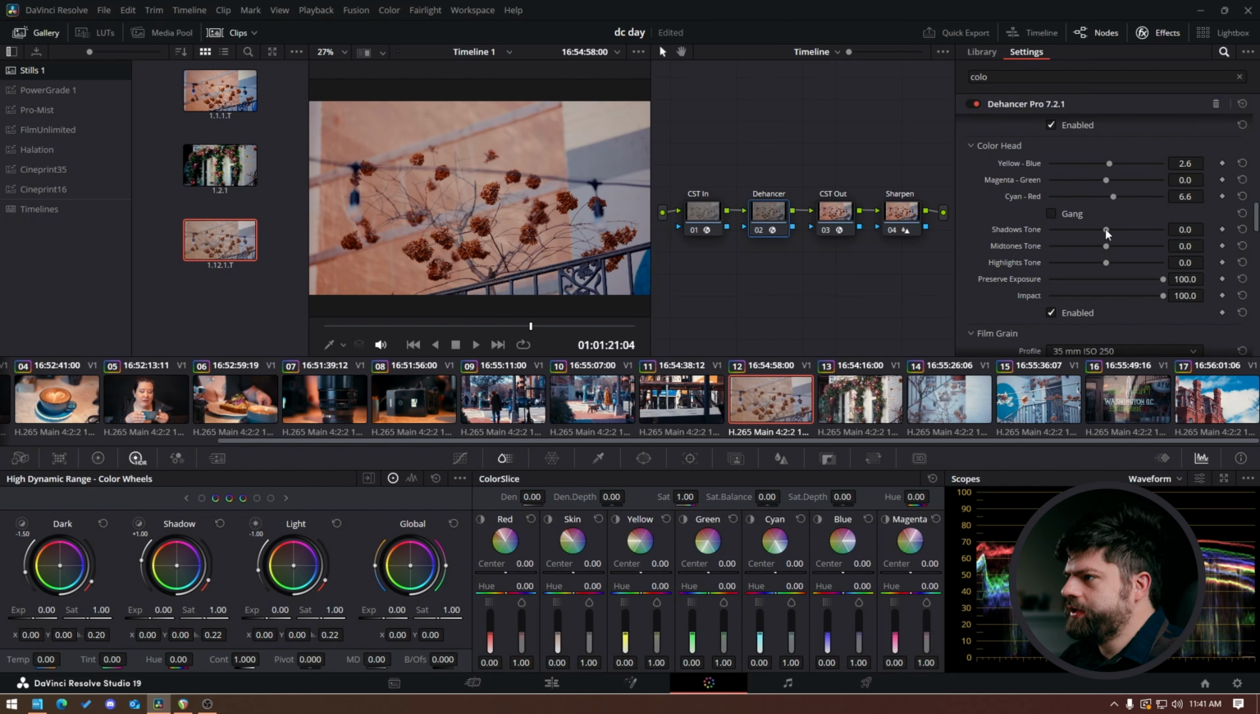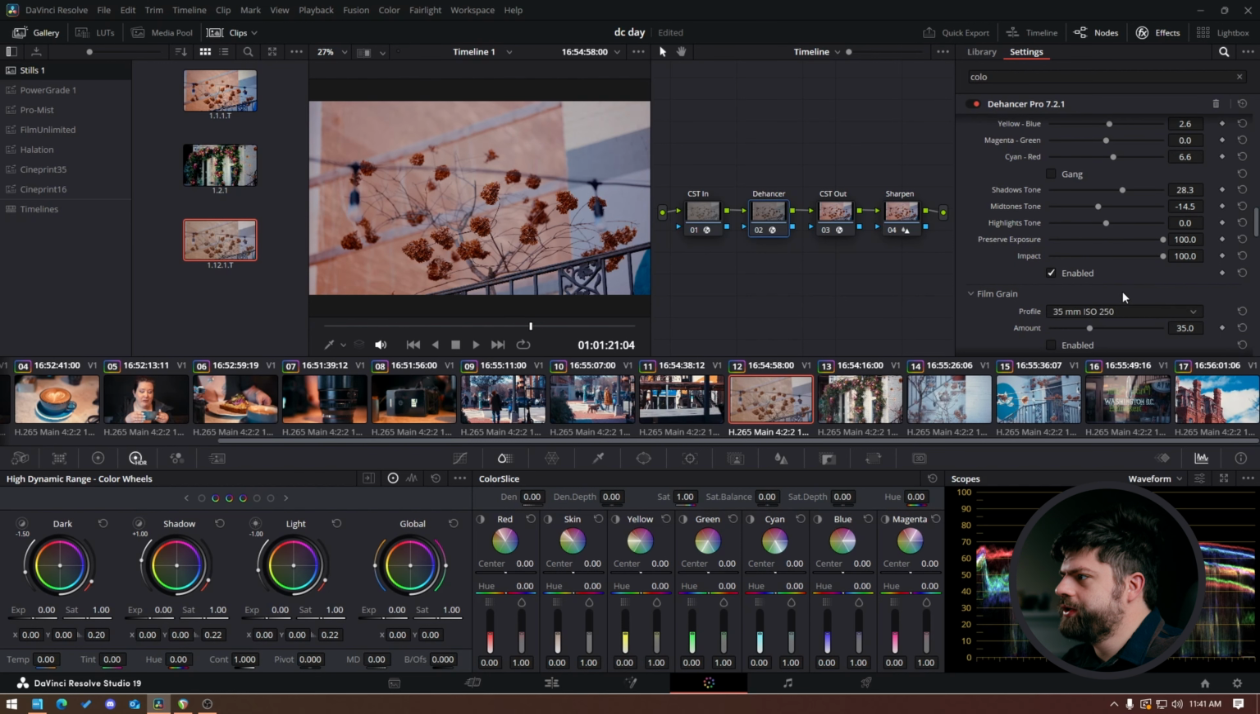And then in shadows tone, I'm going to bring the shadows. Actually, I think I'm going to bring the shadows. I like to do almost a reverse teal and orange look with this a lot of the time. So I will actually bring my shadows up into more warmer tones. And then with the mid-tones, I will actually bring those cooler. And I haven't found that the highlights tone makes a whole lot of difference. So I'm just going to, again, shift the mid-tones more towards cool and leave the preserve exposure and impact where